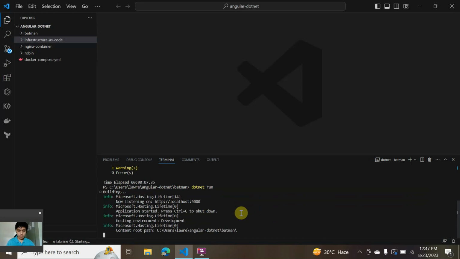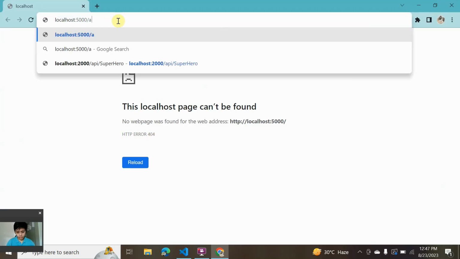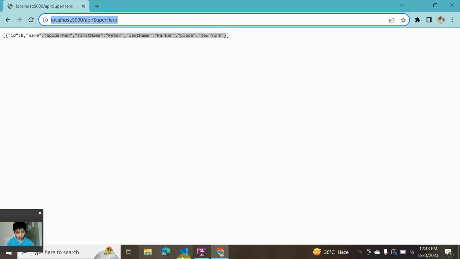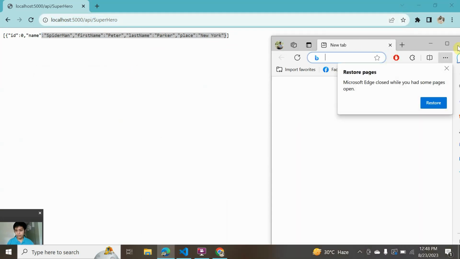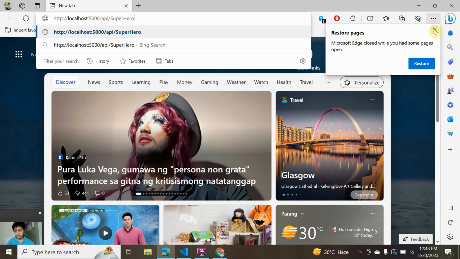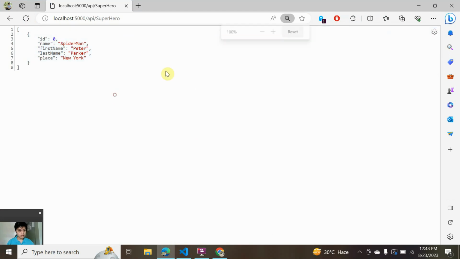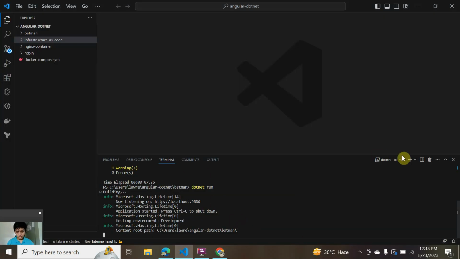We're going to deploy this application to AWS ECS. I just wanted to show you this local development environment. You need to go to /api/superhero. So this is the API. Let's copy this. You can open this in another browser to show it better. So this is our API. You can go back and then